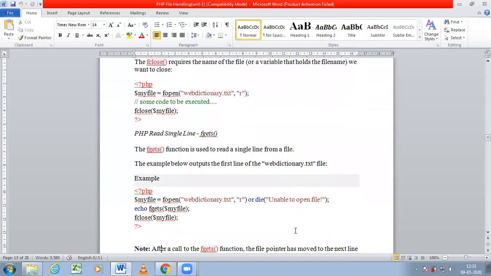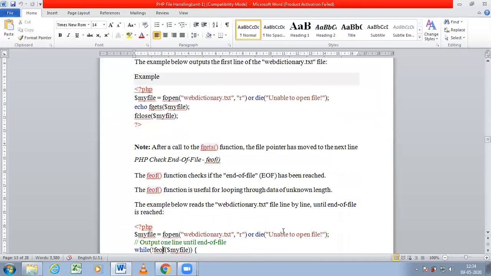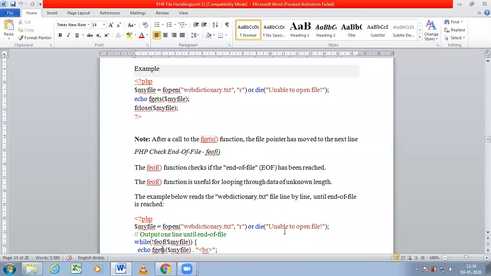Just like in C language we have the getc function and the gets function. The getc function means reading a single character of data. The gets function means reading strings of data. So here also the same thing, gets and getc, these functions we can use. If you want to read the complete lines of a file, you can use the gets function. And getc you can use to read a single character from the file.